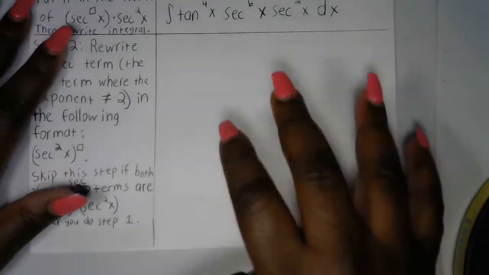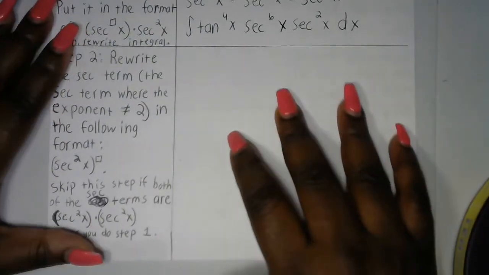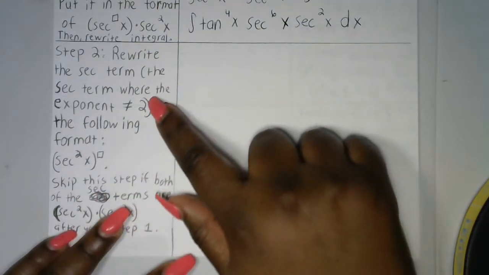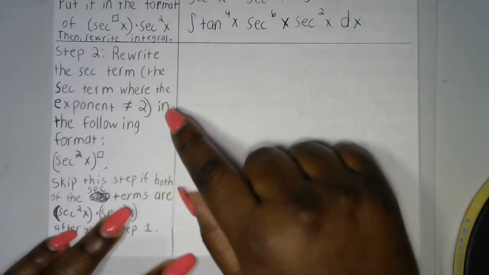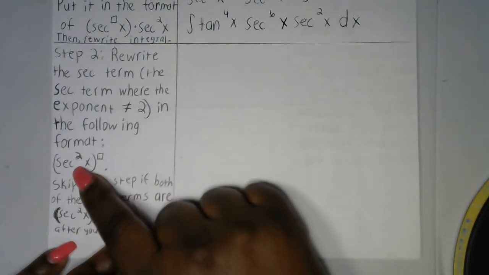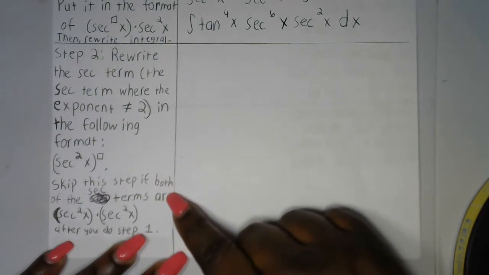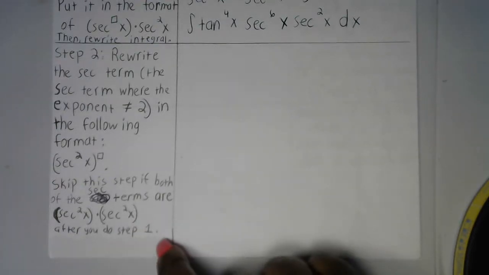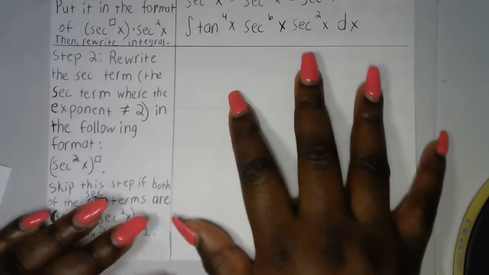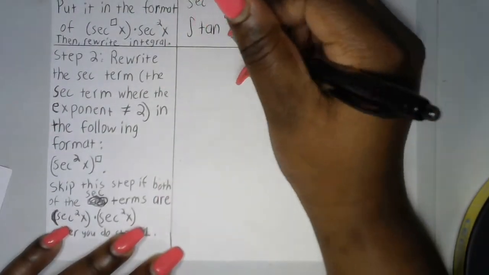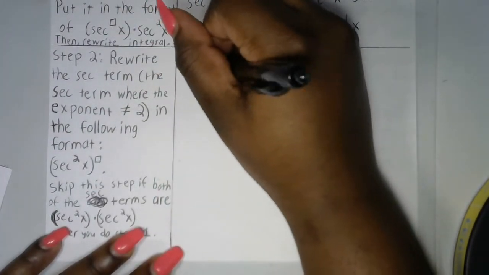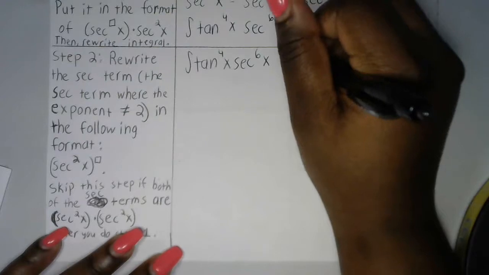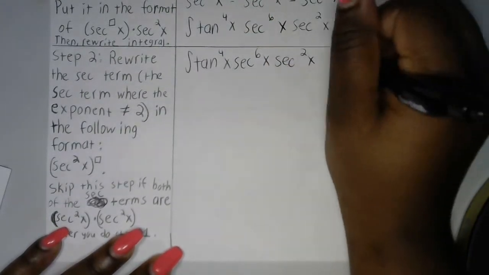Alrighty, now let's go to step 2. For step 2, we're going to rewrite the secant term where the exponent does not equal 2 in the following format: secant x squared and all of this to the power of something. You can skip this step if both of the secant terms are secant x squared times secant x squared after you do step 1. If they both look like this, you can skip this step. But let's get into it. So what do we have so far? We have the integral of tan x to the 4th times secant x to the 6th times secant x squared